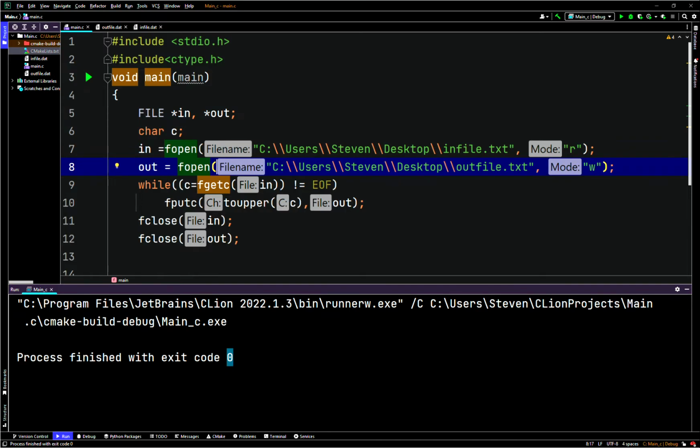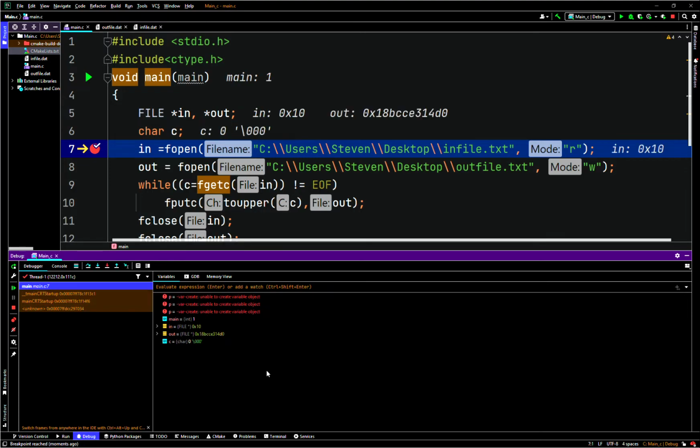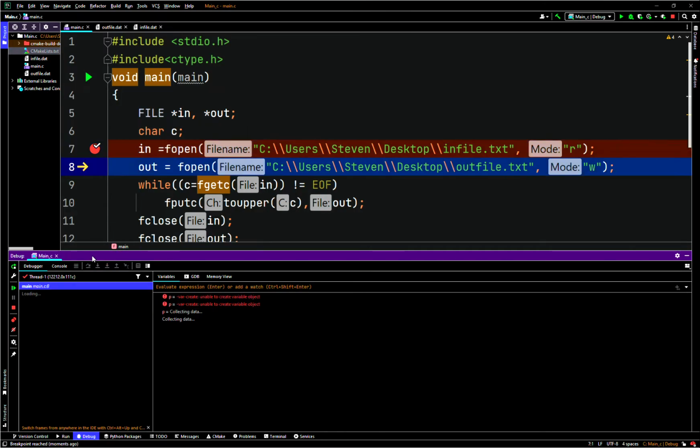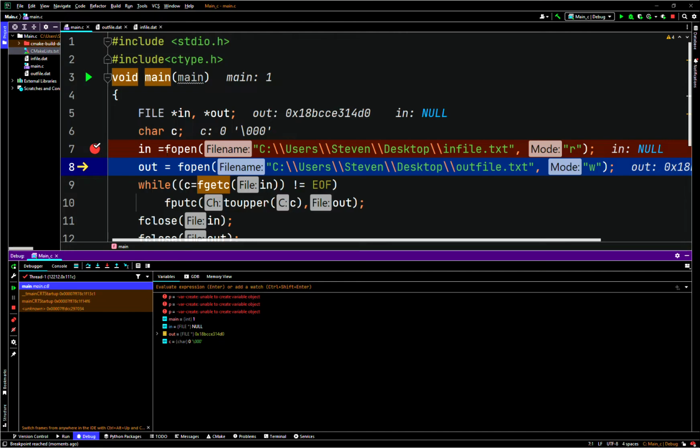So that's about all it is for this. Could we maybe see what's happening with some breakpoints? So we'll just set some breakpoints and see what kind of data we get in our local variables. So we have in pointing to fopen. We will execute that line by hitting the step over button. So now we have in pointing to